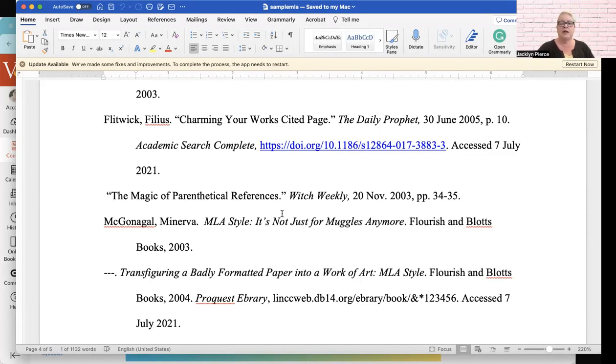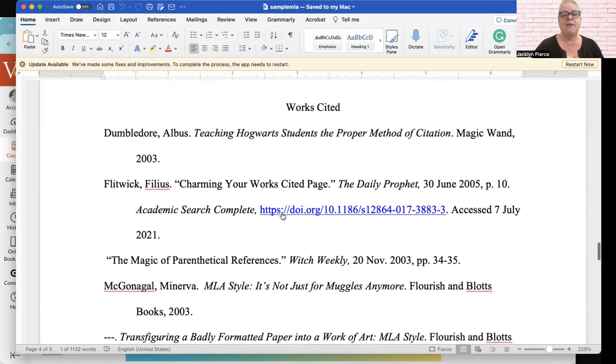Sometimes even if you're looking at the sources in the library materials and it's all online, you will still be able to have a page number because it will be a scanned page. It will be a PDF of the original. And other times you may have it because it's only one page, like the one above this. Phileas Flitwick's is only on page 10. So if I were citing this source, I could use Flitwick and 10.